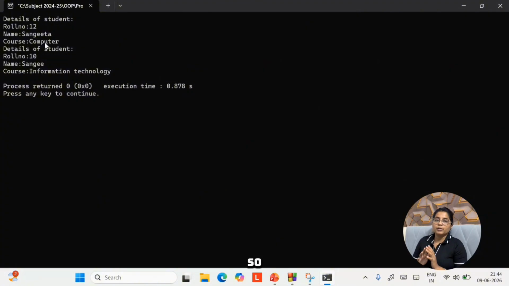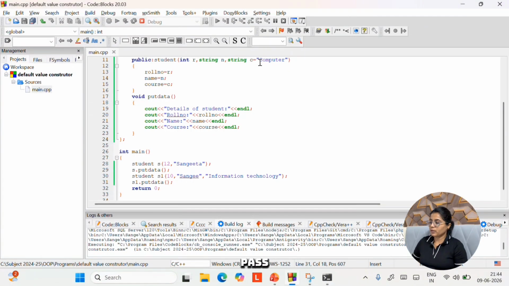Got it? So default value constructor, or we can say constructor with default value, is a parameterized constructor in which we pass default values to the constructor variables. We pass default values to the parameters.